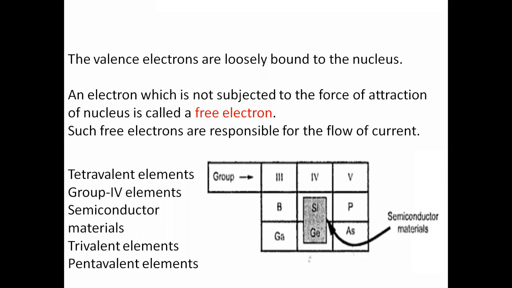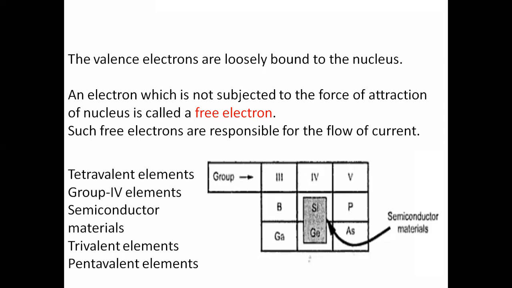When we apply some thermal energy, suppose we apply some heat energy to these semiconductor materials, then the outermost electrons present in the valence shell will move to the upper band or upper orbit, and then we can get free electrons to conduct. So that's why at 0 degrees Celsius, the semiconductor materials act as insulators. After applying a certain temperature, that is at room temperature, they produce some electrons to conduct.